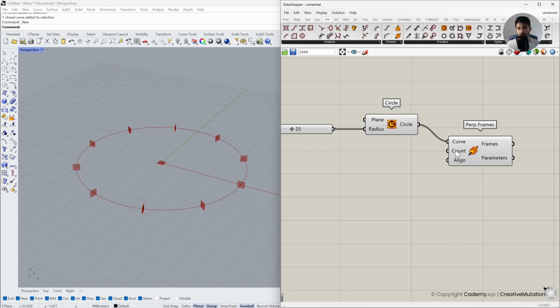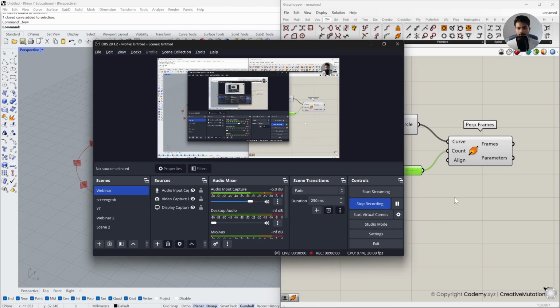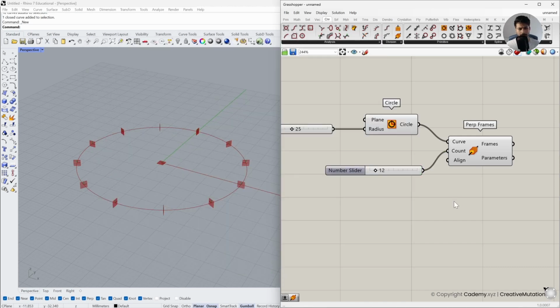And I can choose how many frames that I need. So let me say I need 12. So I can change the number of frames to create the new circles. All right, so once we have these 12 frames,